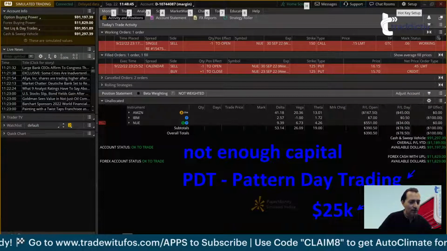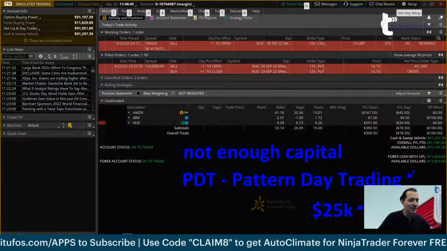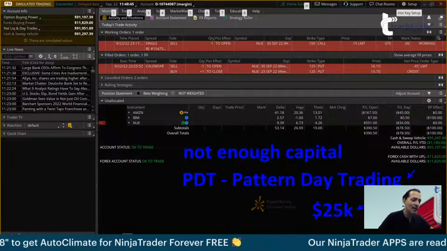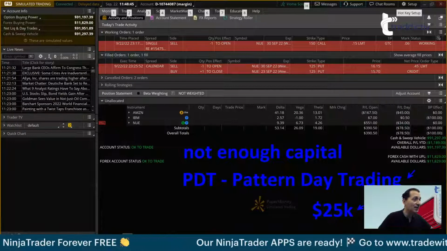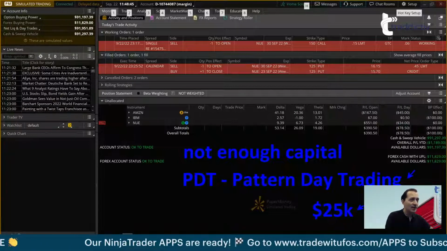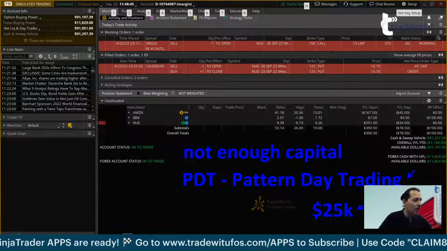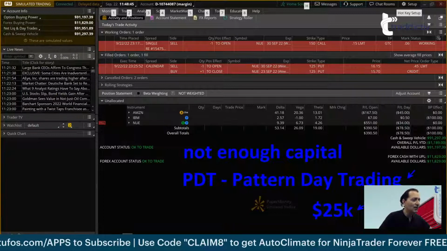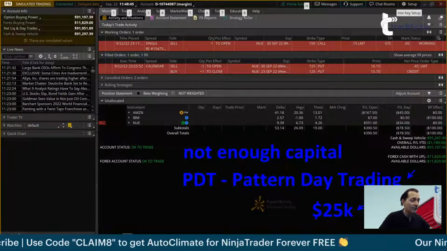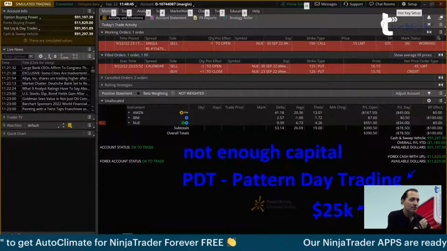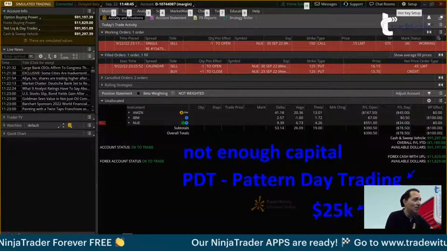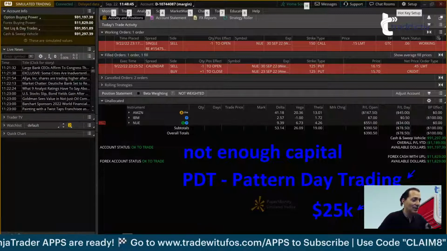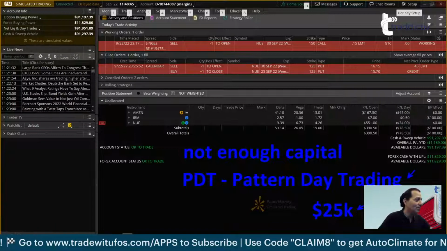Again, not every broker treats this the same way. That's why I'm being a little bit subjective on what I'm saying here, which is not really my style. I like to be very concrete, but because each broker treats it slightly differently, I made the comment that when this happens to you, the best thing you can do is click on the chat room box, go talk to the trade desk, and find out exactly why this happened to you, so you know next time what to do to avoid it. Or maybe it happened, it's not a big deal. Like, for example, if you are facing a potential margin call, but you're going to exit the trade 2 minutes later, who cares? I mean, personally, I'm not bothered by that.